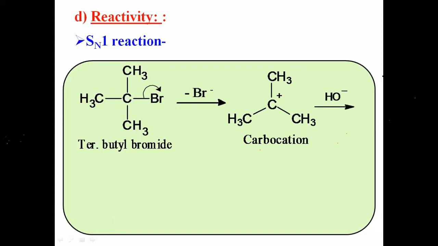Now in second step that OH minus attacks on the carbocation and there is a formation of tertiary butyl alcohol. There is a formation of bond between carbon and OH and we get the tertiary butyl alcohol. Okay, this is SN1 reaction called as alkaline hydrolysis of tertiary butyl bromide. Here tertiary butyl bromide converts into tertiary butyl alcohol. Okay, this is just about the reactivity. We have studied some examples of organic reaction in which there is a formation of carbocation as an intermediate and